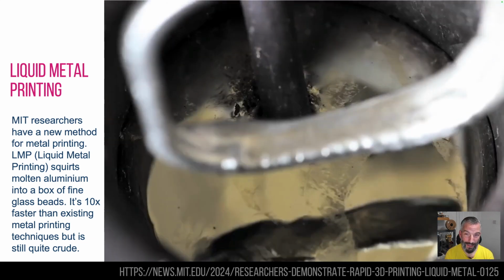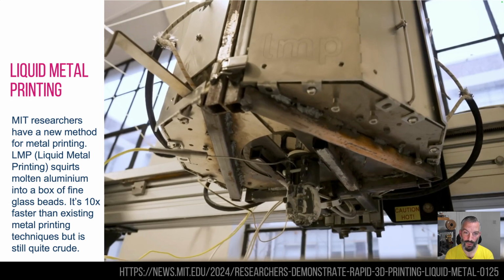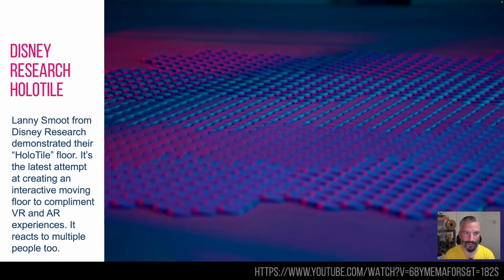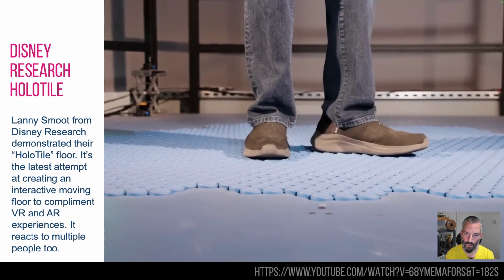It's quite blobby at the moment, it's quite crude, but as I say, you can mill it into new shapes, but also it is 10 times faster than normal metal 3D printing, so that's a pretty cool advance. We like that. This is from Disney Research, and it's the sort of the latest iteration of a sort of